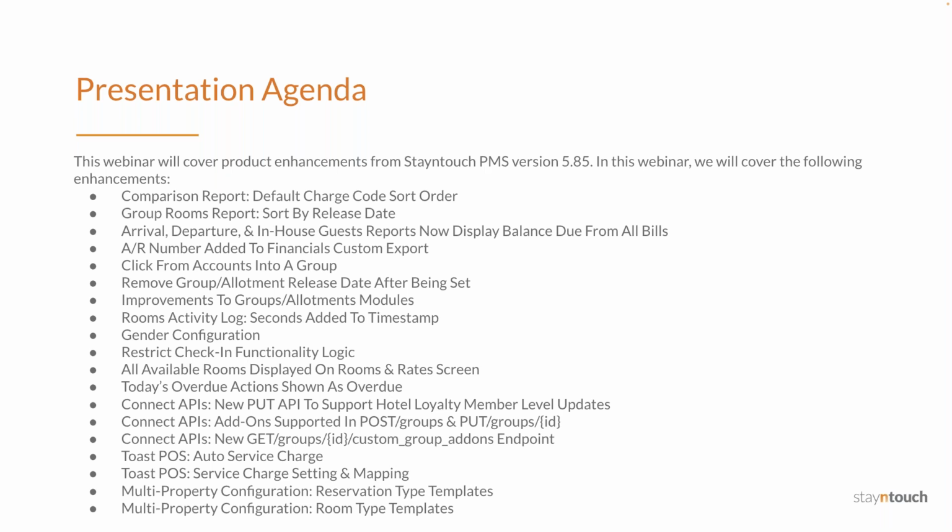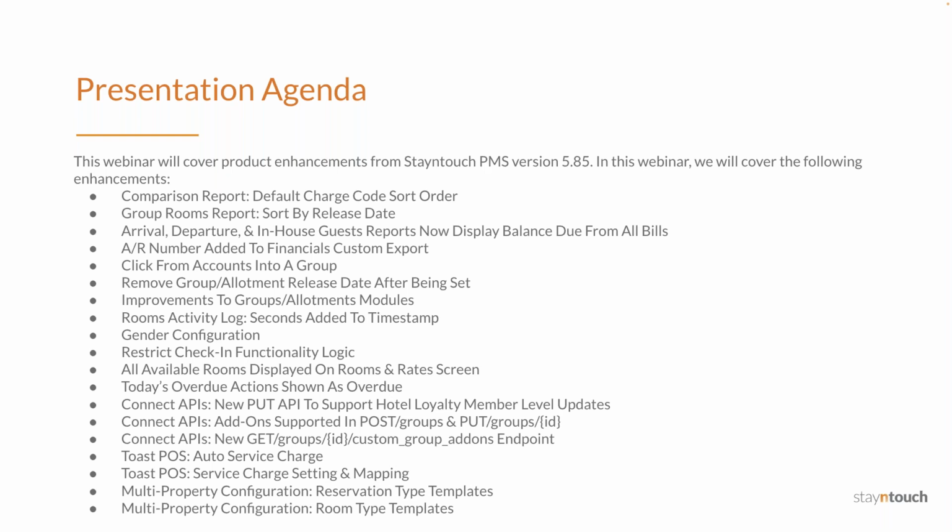the arrival, departure, and in-house guests reports now display balance due from all bills, the AR number added to the financials custom export, how to click into from accounts into a group, how to remove a group or allotment release date after one has been set, additional enhancements to the groups and allotments modules, the seconds added to the timestamp in the rooms activity log, the option to configure multiple genders, the restrict check-in functionality logic,